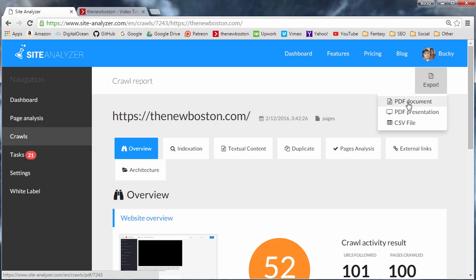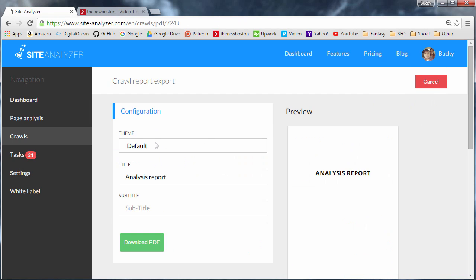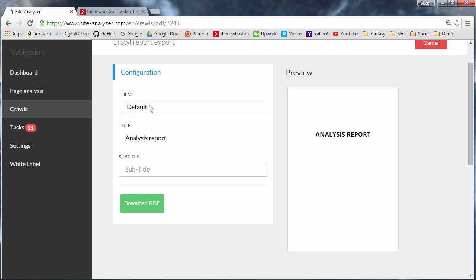So I'm just going to export this to a PDF document, and let me go ahead and choose Bucky's theme. So again, if you got a bunch of different color schemes, you can pick them right here. And now you can also give it a title and a subtitle. So the title can just be like